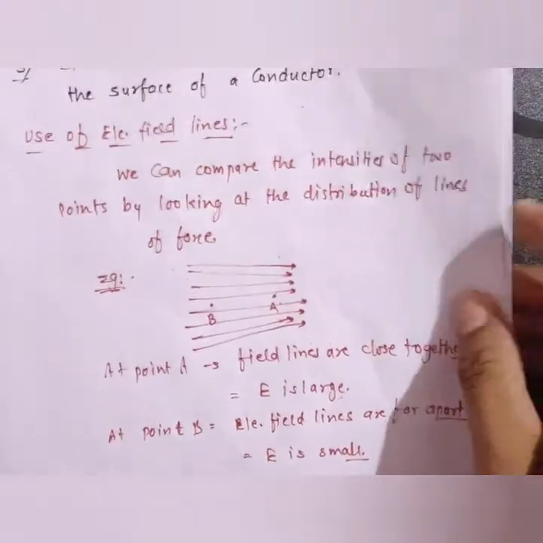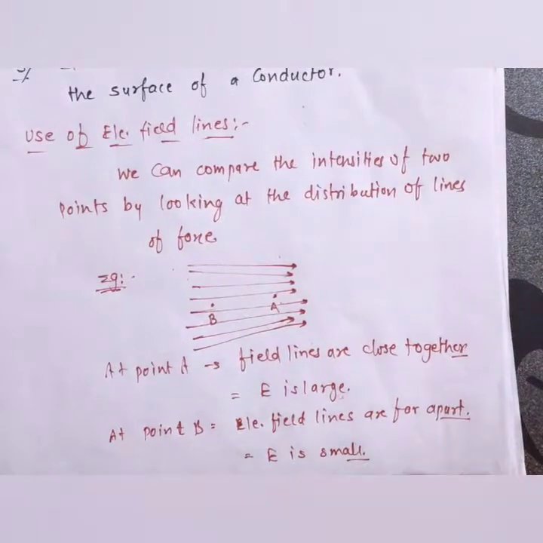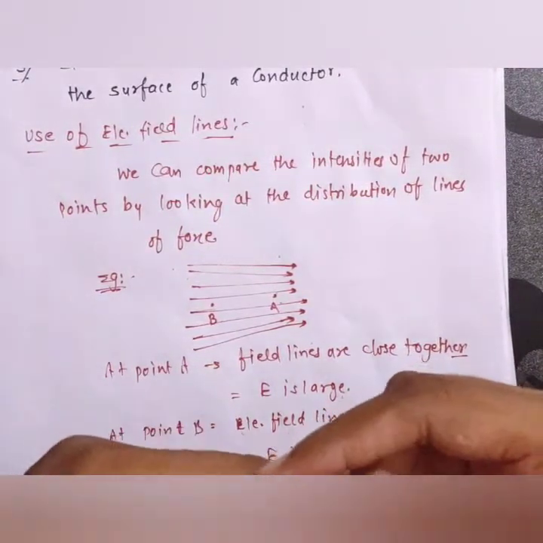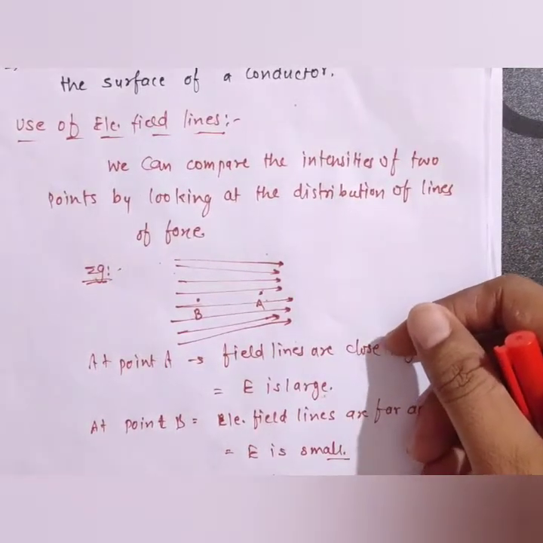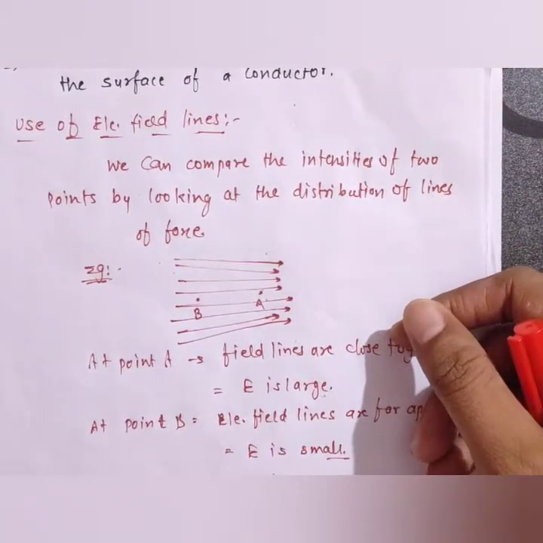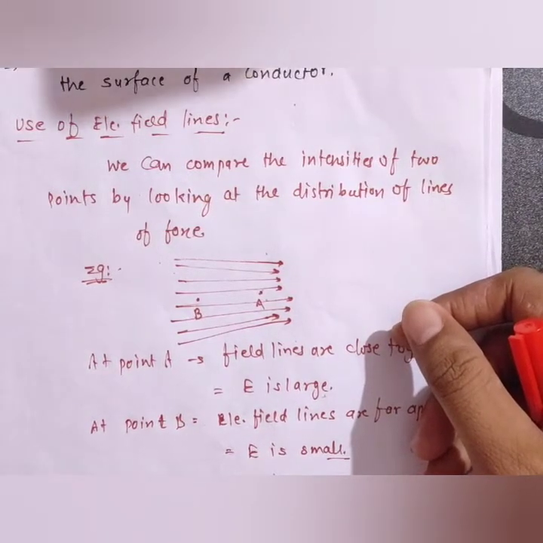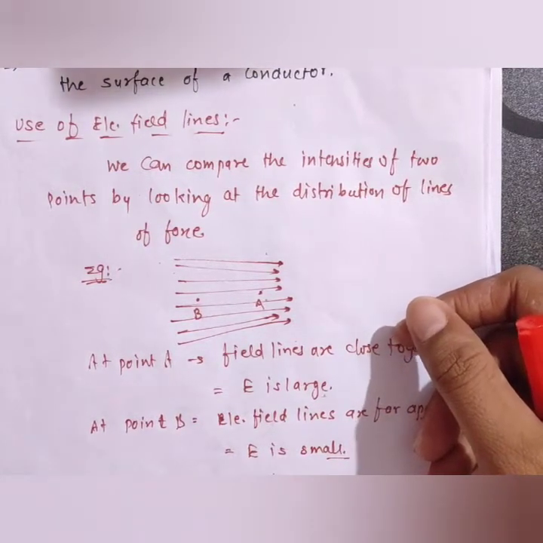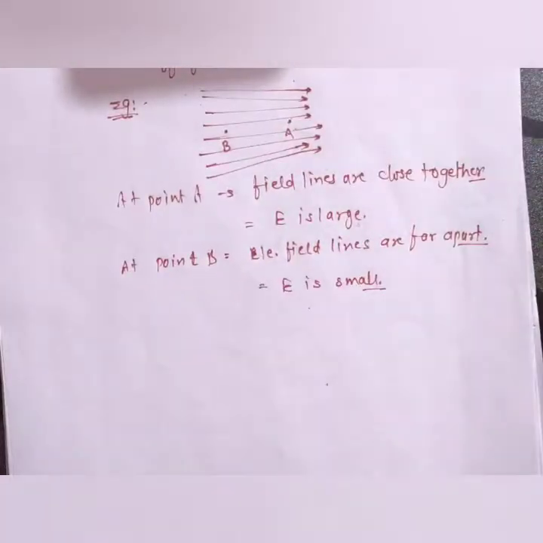So this is a basic idea about electric field lines and the lines of force, the definition and some important characteristics related to the electric field lines. The question asked in the CBSE exam: write down the characteristics of electric field lines, or write down the properties of electric field lines, or the question asked such as why electric field lines cannot intersect each other, so you can give the proper reason for that question.